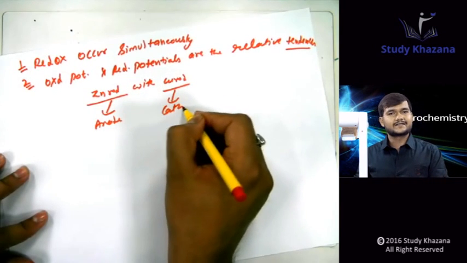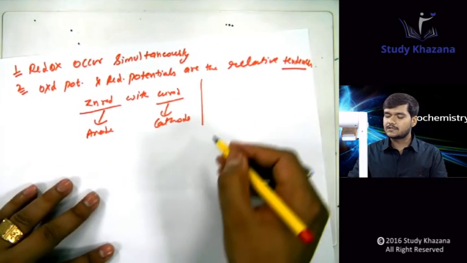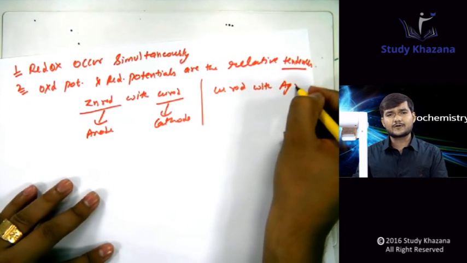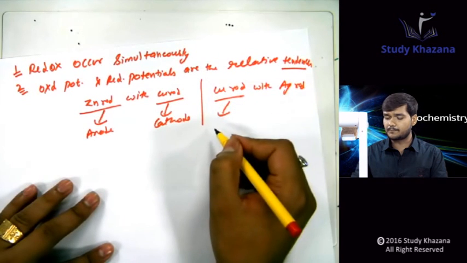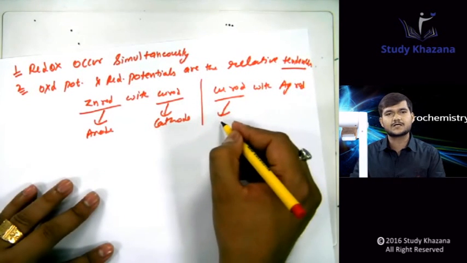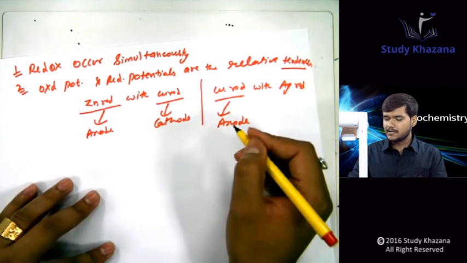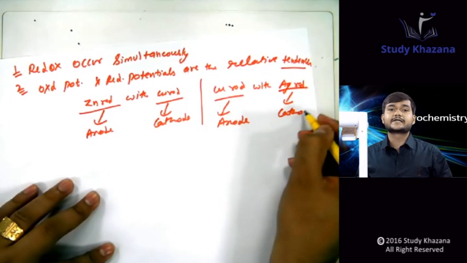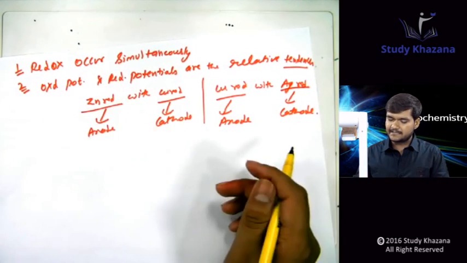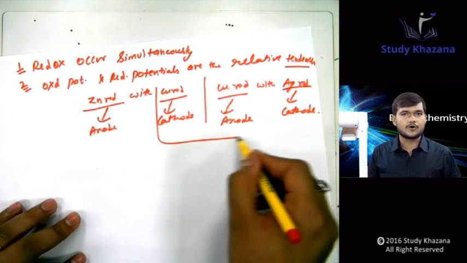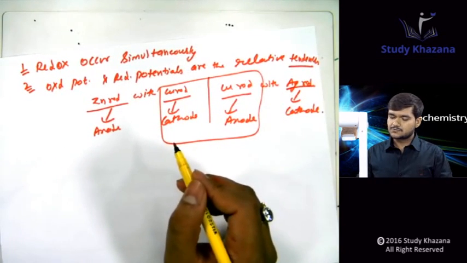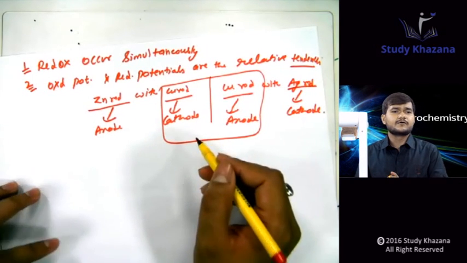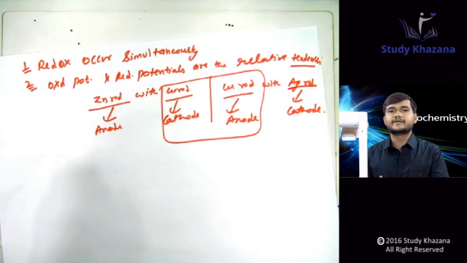If I set up another cell in which a copper rod is set up with, suppose, a silver rod, now here the copper rod will work as anode. Experimentally this is observed, and the silver rod will work as cathode. So they are relative tendencies. One rod can behave as cathode or as anode. So when we have to calculate the reduction potential, we will calculate it relatively with